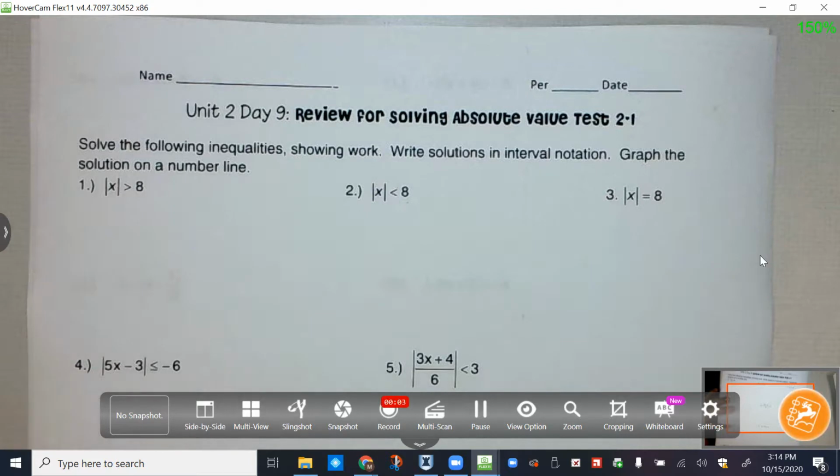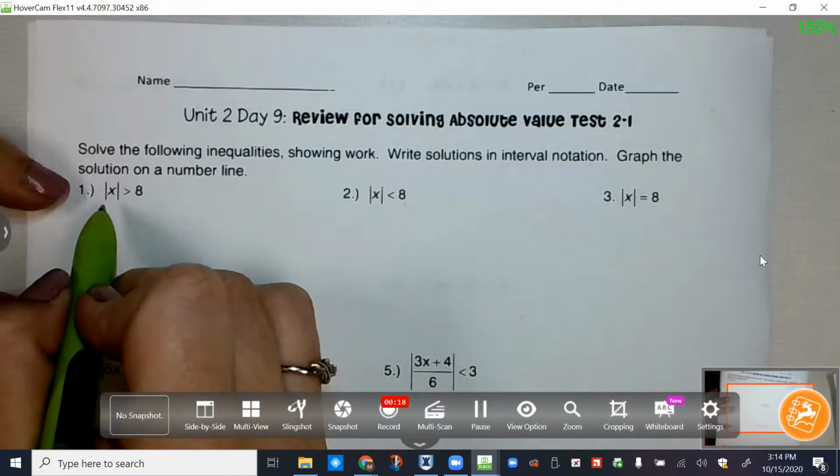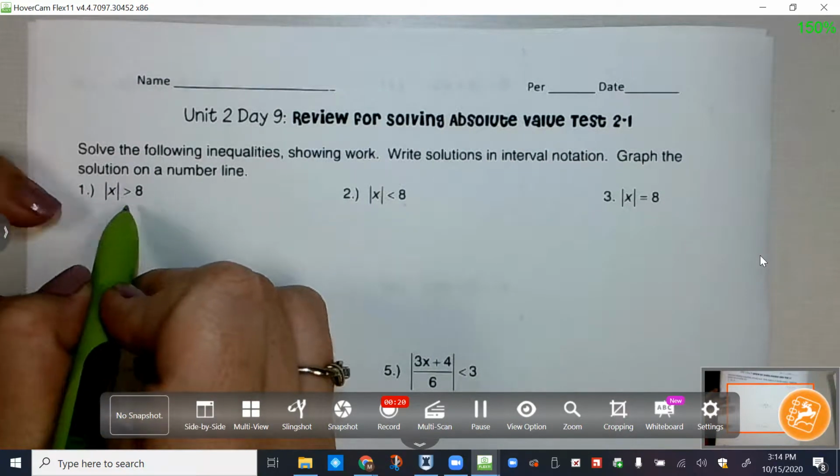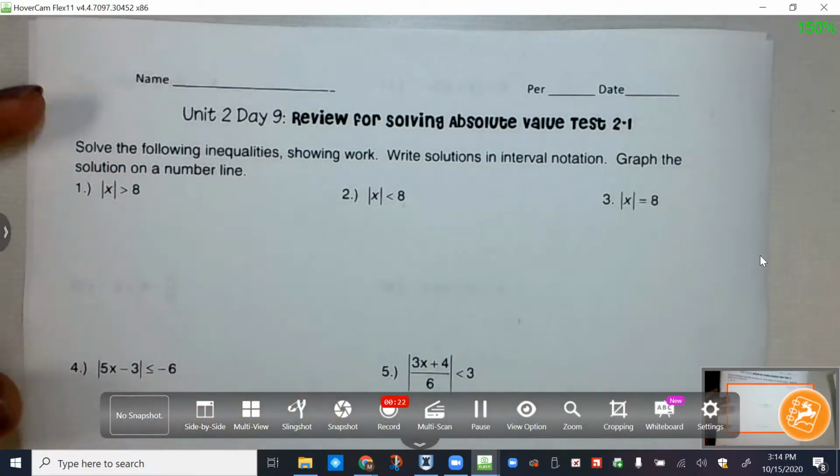Unit 2, Day 9. This is test review. Okay, so it says solve the following inequalities, show work, write solutions in interval notation, graph the solutions on a number line. So some of these are equations also. So this first one, the absolute value of x is greater than 8. So remember, when your absolute value is alone,